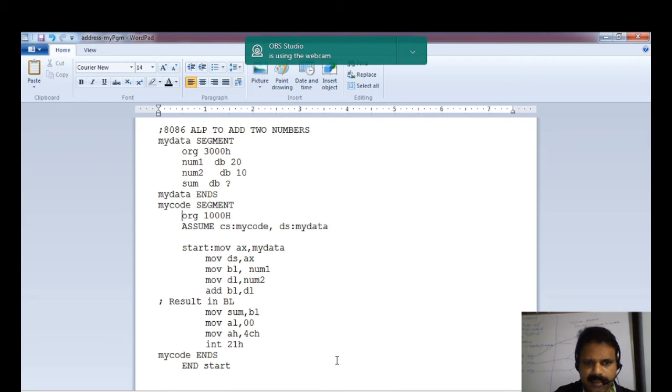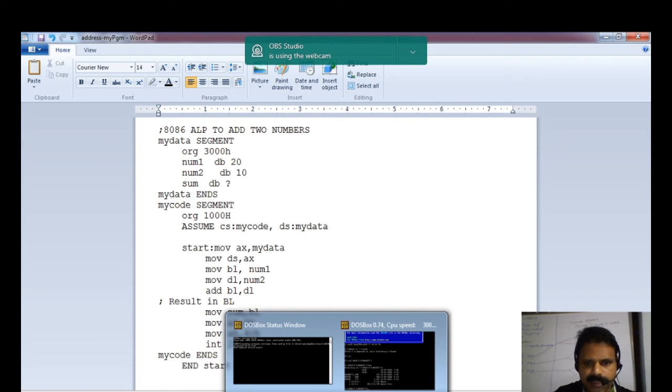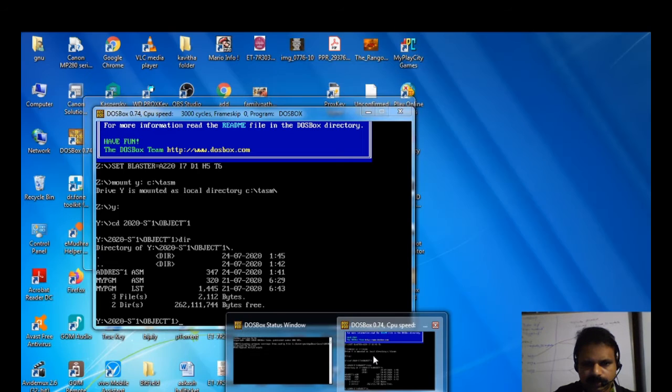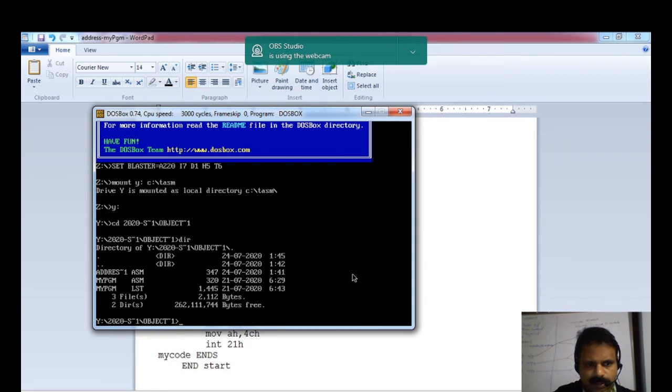Let us translate this and watch the list file. The file name is address mypgm.asm. So y:/tasm/tasm.exe, switch -l.